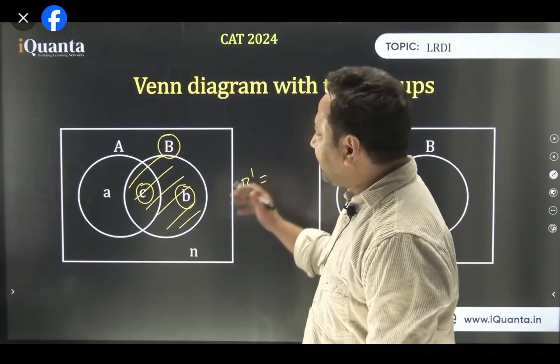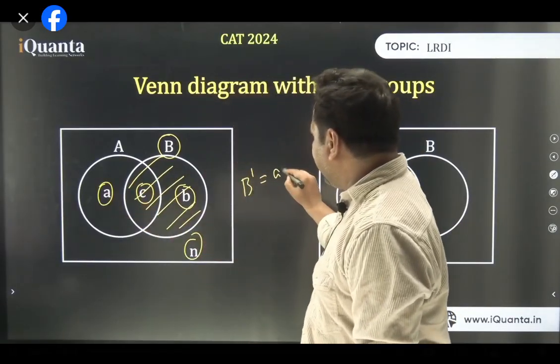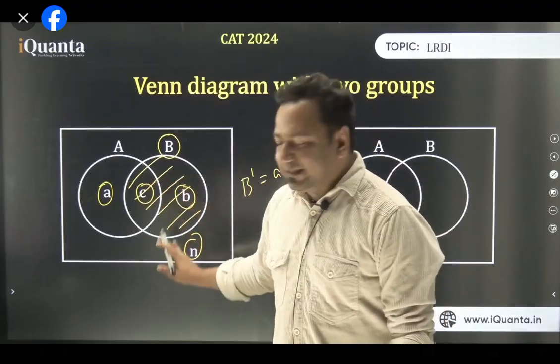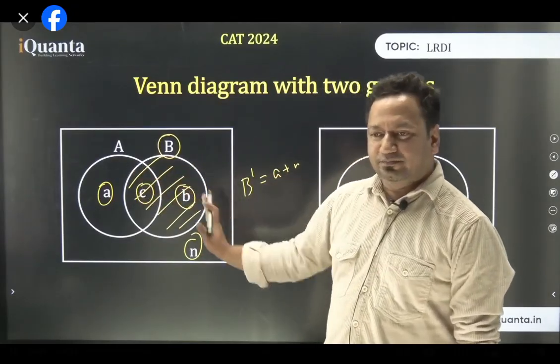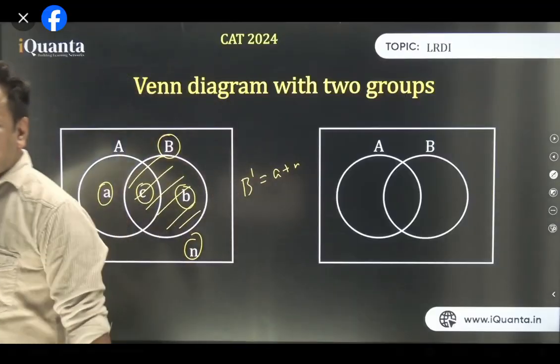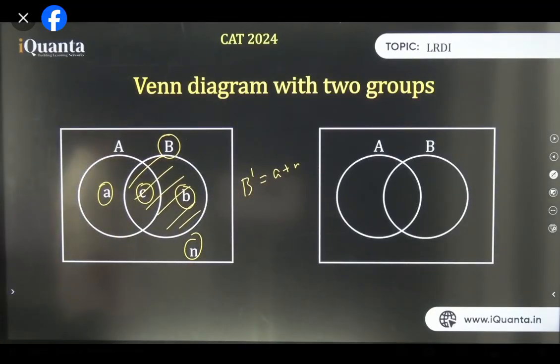B complement. क्या क्या नहीं है उसमें? A भी नहीं है, N भी नहीं है. So A plus N. N is not total number of people. N are those elements which are neither in A nor in B. कृष्णा मैं जानबूझ के वैसे एलिमेंट्स सिंबल्स यूज नहीं कर रहा हूँ. तुम भी मत करो. Let us keep it as simple as possible. It's CAT. We are not studying proper mathematics here. ठीक है ना? C was part of B, so now it's over.